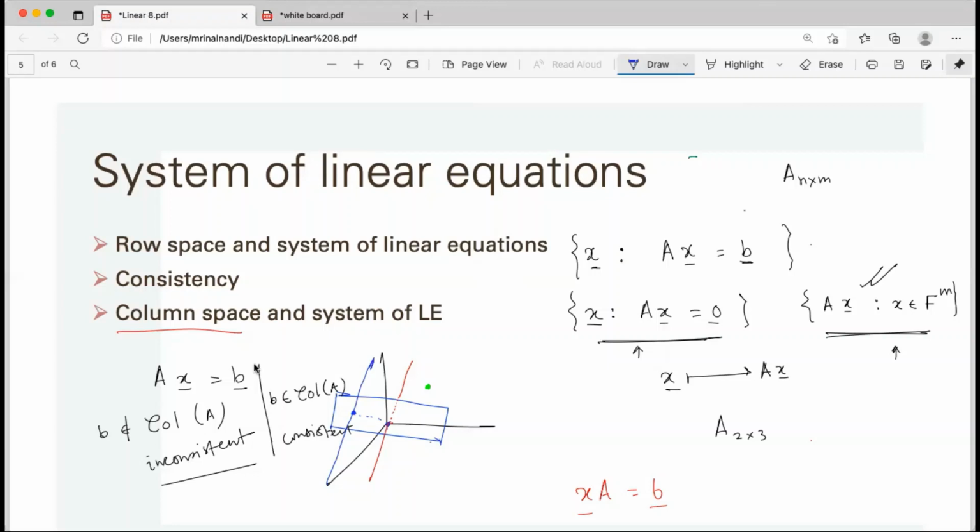And there is an obvious connection between the dimension of the column space and the dimension of the solution space, the rank-nullity theorem. But what is the connection between these two spaces, not the dimensions, the spaces themselves? If it is a homogeneous system, then this is actually a complementary subspace. You can easily see why it is complementary, because the sum of the dimensions is the whole dimension m. All these vectors are from Fm, an m-dimensional space, and in the m-dimensional space we are doing something flat.